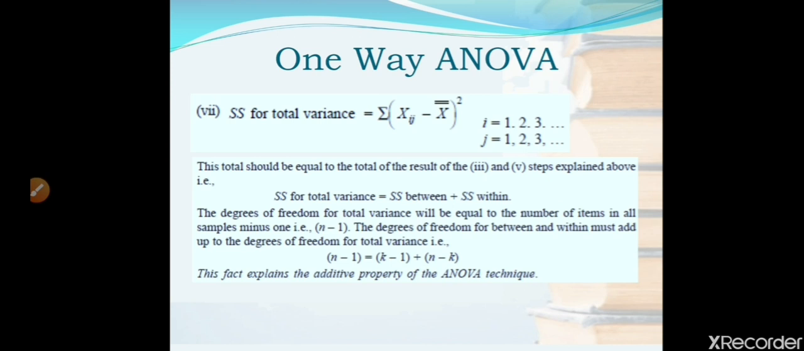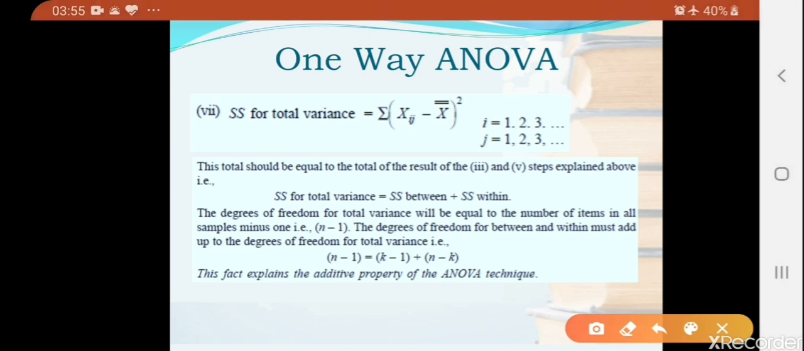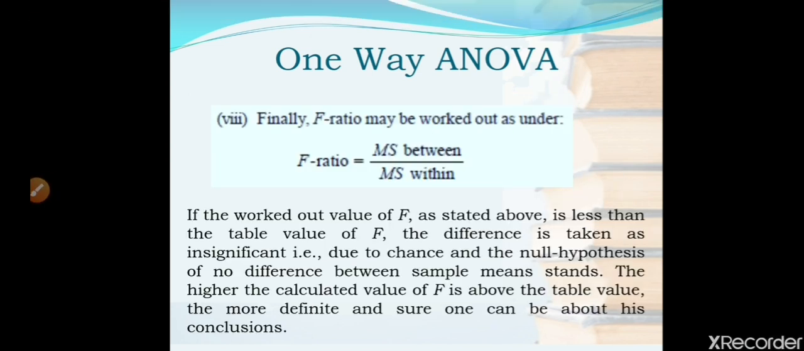So the next step is SS for total variance. That is taken as SS between plus SS within, and its degree of freedom would be N minus 1, which is equal to K minus 1 plus N minus K, and that will come out to be N minus 1, the total number of items minus 1. And then we will calculate the